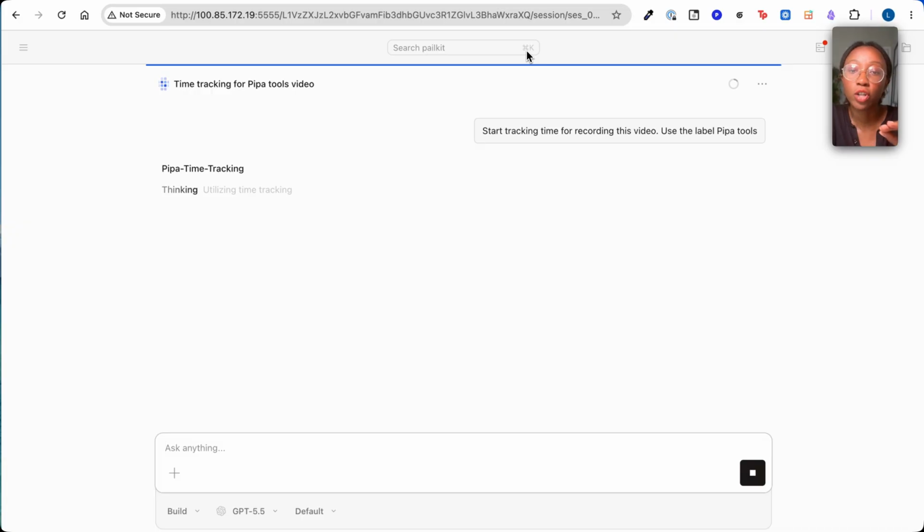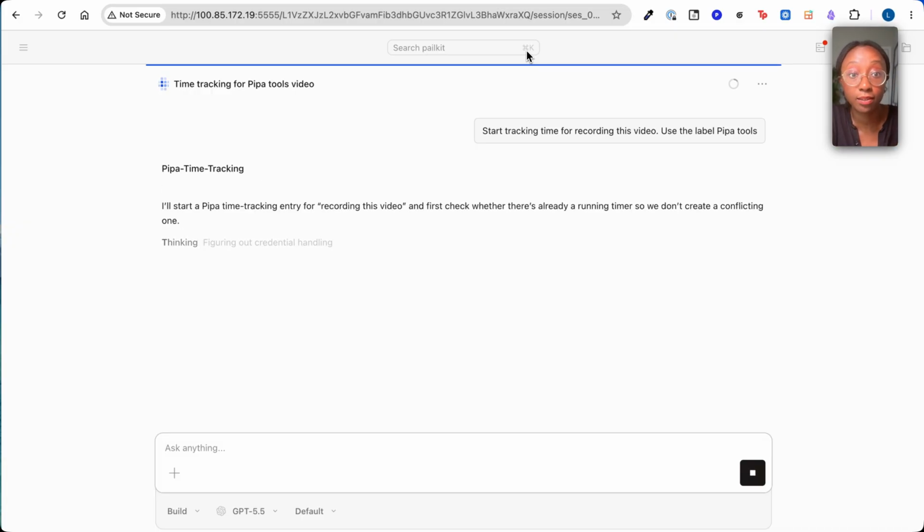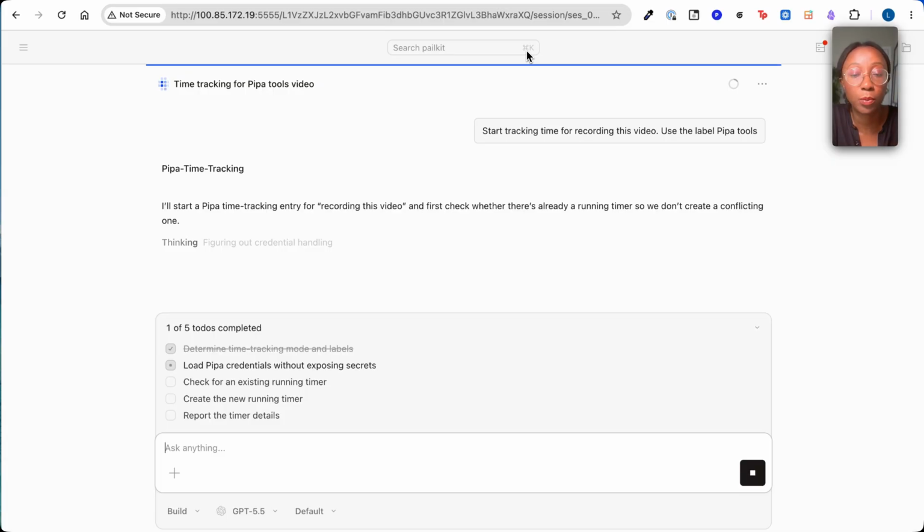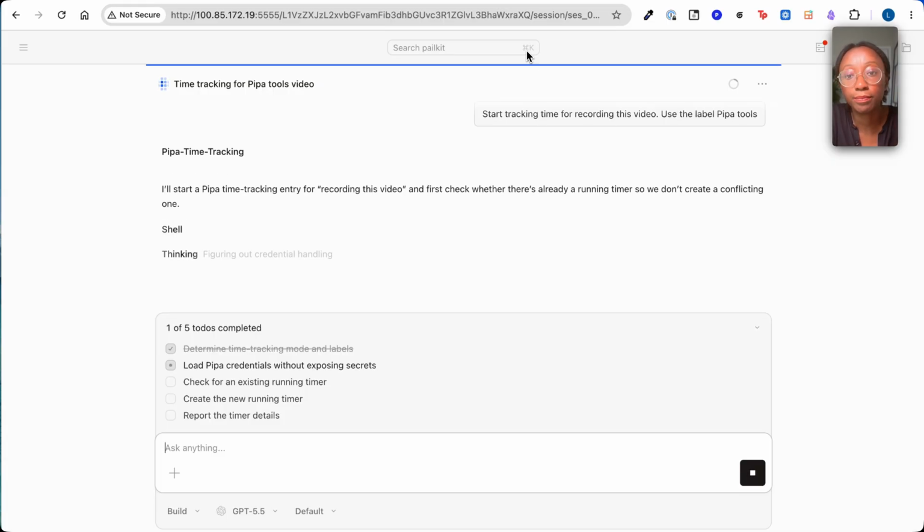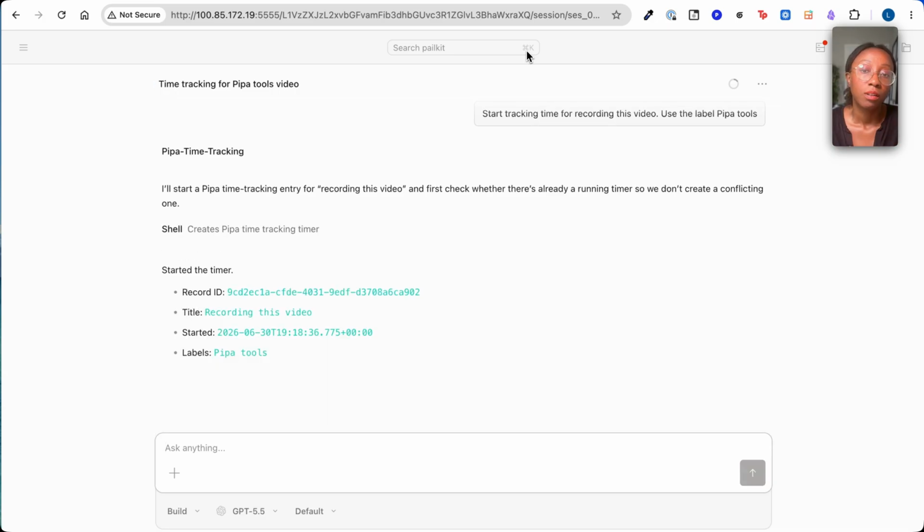Behind the scenes, it'll check whether I already have a timer running and then switch tasks if I already have one so that we can log the new one. But it's meant to be really high level, nothing super fancy, just so that I have enough information to aggregate and audit later. Great, so it started the timer